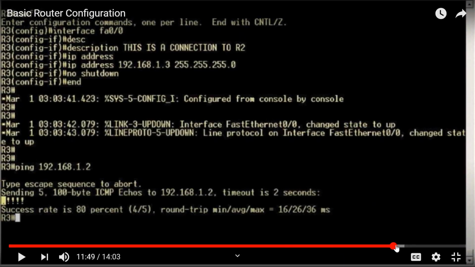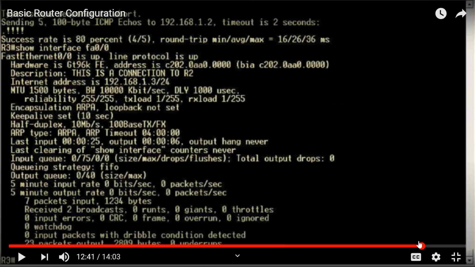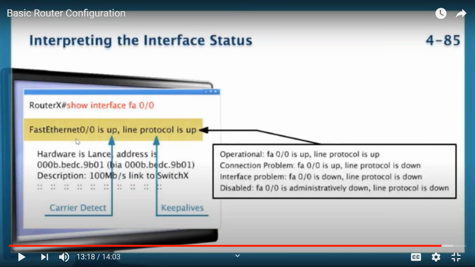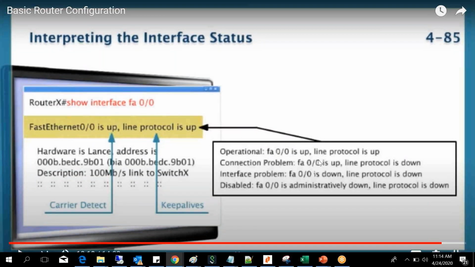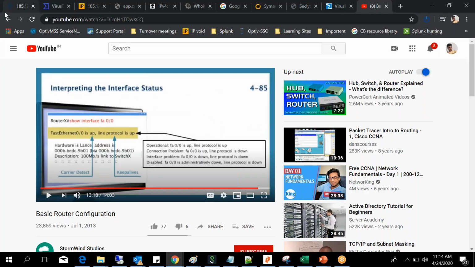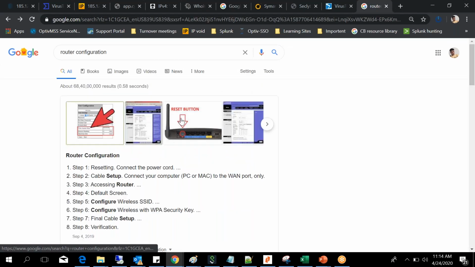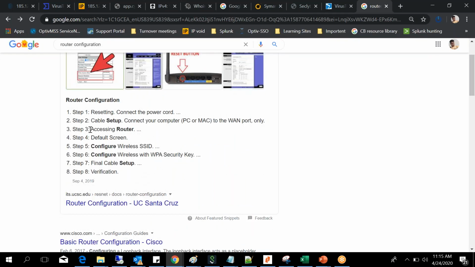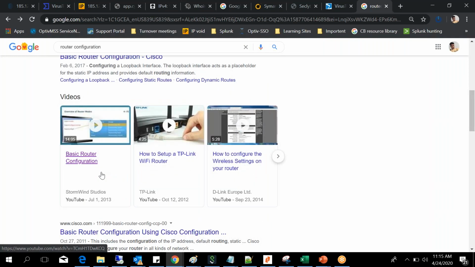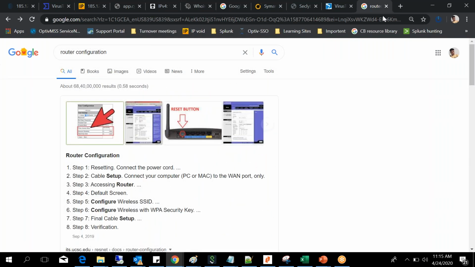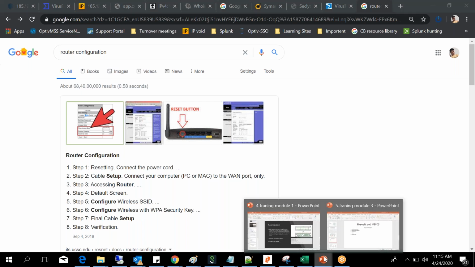We don't need to know this, but I'm just showing how the router does the configurations. This is the Ethernet side, and the Ethernet side is always the inside. Whatever IP we have configured as the default gateway is assigned from the Ethernet side. If you have any questions or doubts, you can go through the router configurations, how to set up the router and how to configure it. Okay, fine.